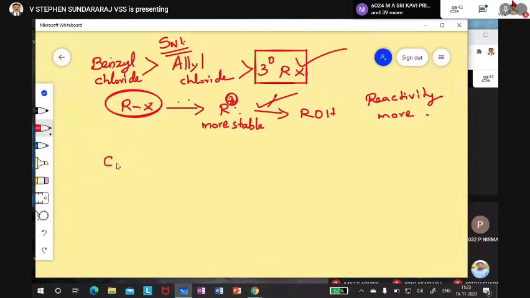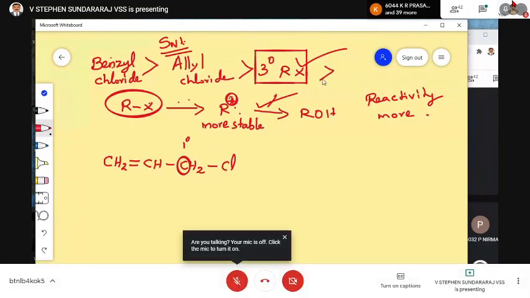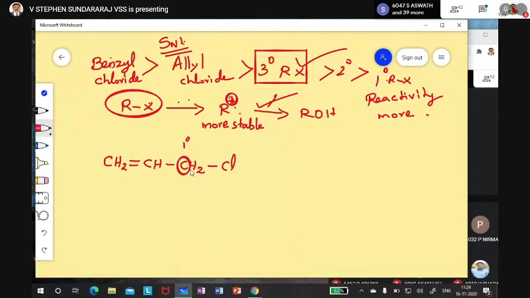All of you know what the allyl group is. In the classification I told you, there is a vinyl group attached to the primary carbon. This is the primary carbon where the halogen is attached. Remember that. So allyl is primary only. Primary is normally very less reactive, but here it is primary and still more reactive. That is why it is an important question. A primary carbon with halogen attached is supposed to be the least reactive, but here it is a primary halide that is more reactive.